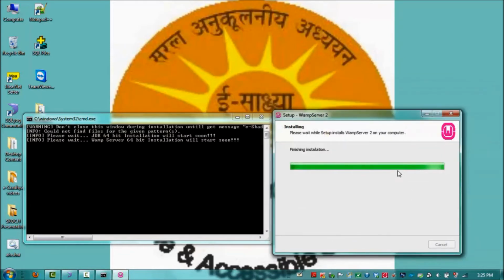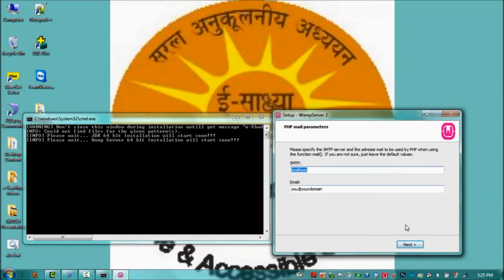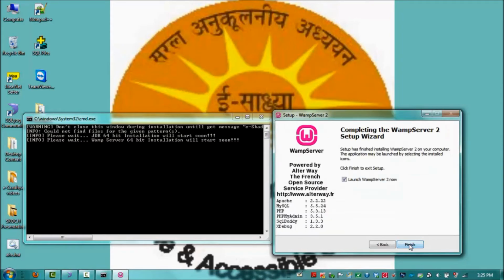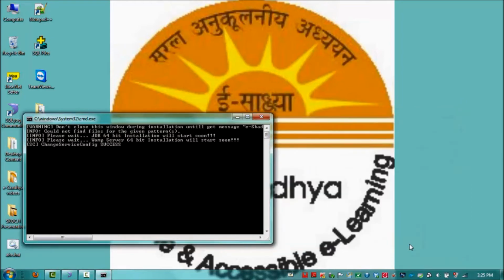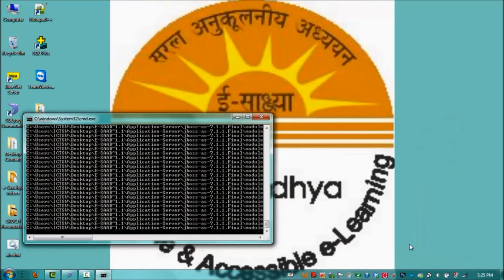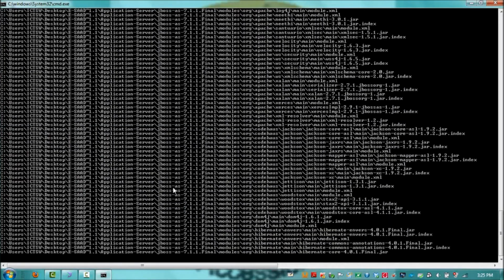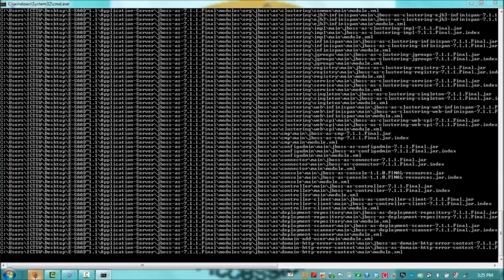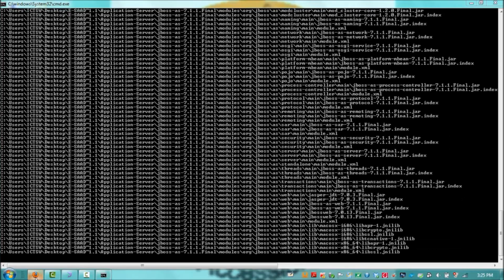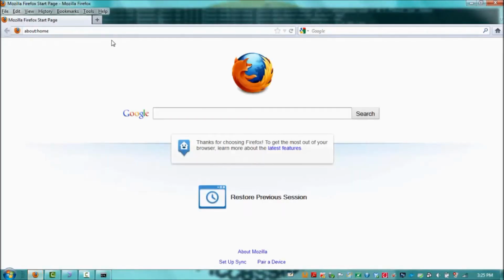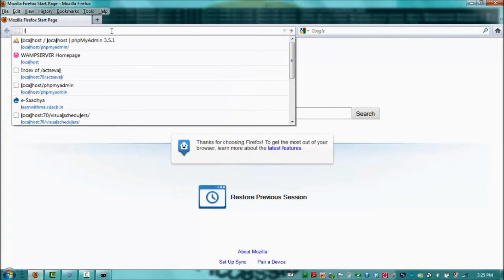Click on Open. Click Next. Finish. Now the WAMP server will be launched and JBoss is getting installed. Meanwhile, we will check whether the WAMP server has been rightly configured.